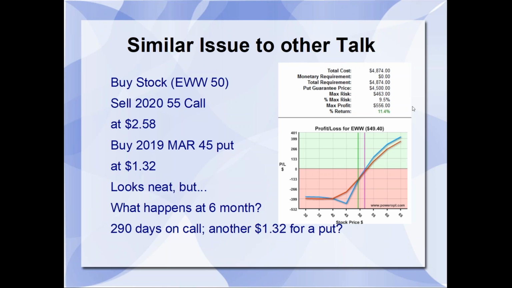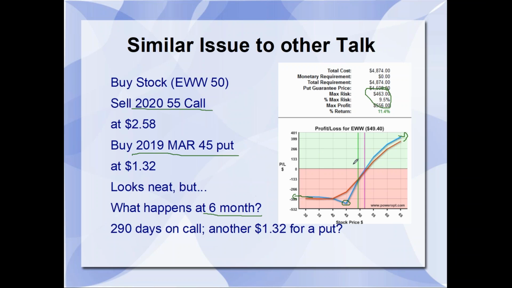Okay, so you get this neat little check mark profit and loss chart. Max risk only occurs at 45 and it's up at 9.5%. Max return is showing up at around 11.4%, but up in this range, and that's about accurate. And then even if it continues down in price, you're losing about $400 or so, which still comes down to about 8%. It's higher than what I had on the married put to begin with in the next 6 to 8 months to 2019 March. Okay, this is the chart at 6 months. This is the chart at March, not all the way to January 2020.